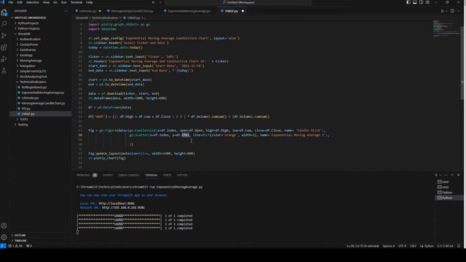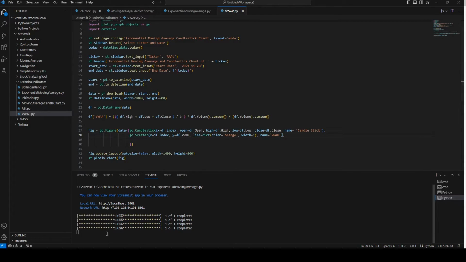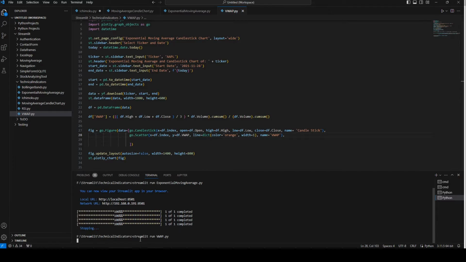and I will plot it on my graph. So this is going to be DF VWAP, and this is going to be the volume weighted average price. And I'm going to save it, and I'm going to run it to check if it worked. So say streamlit run VWAP.py,